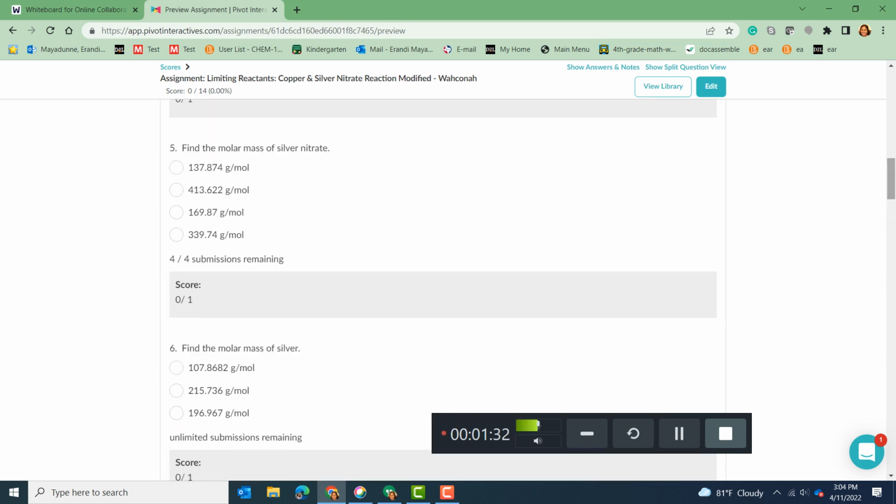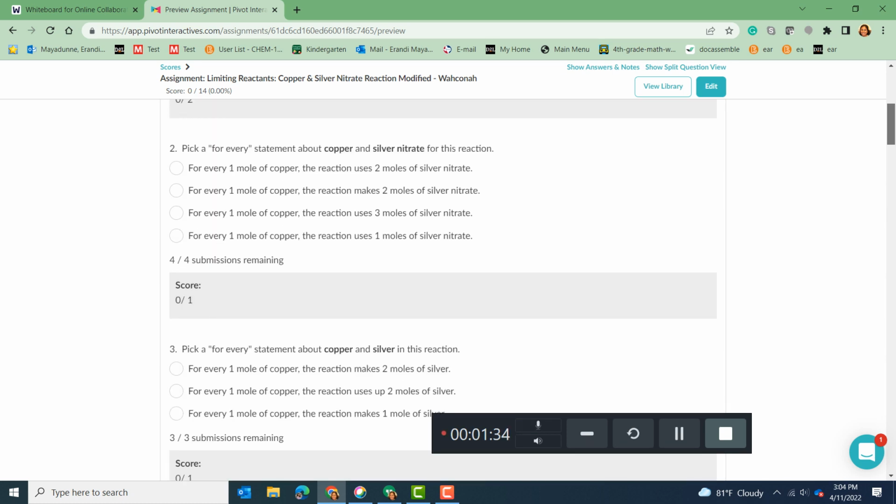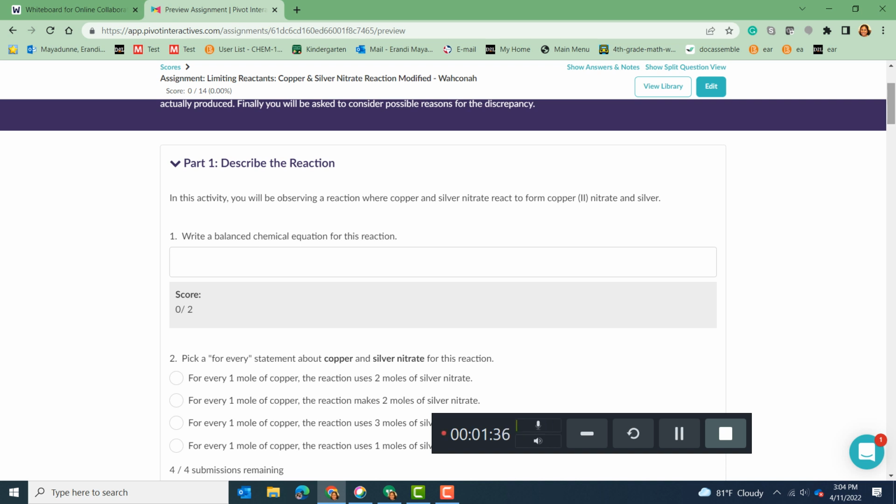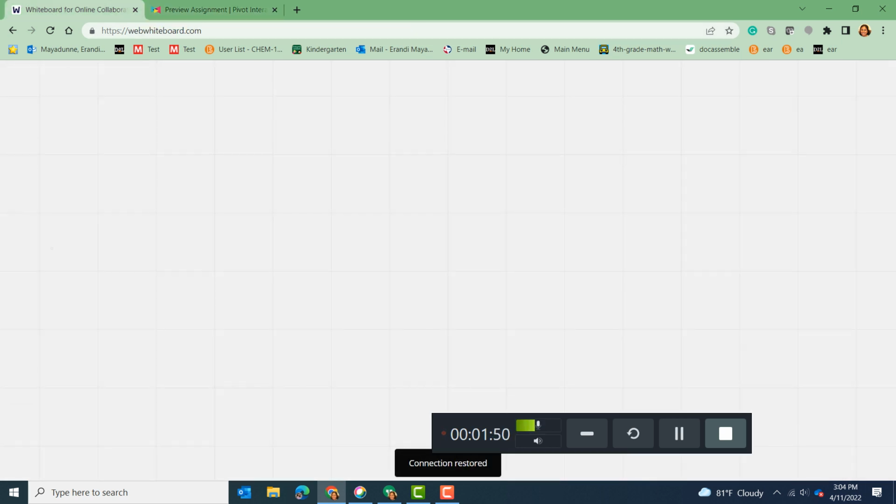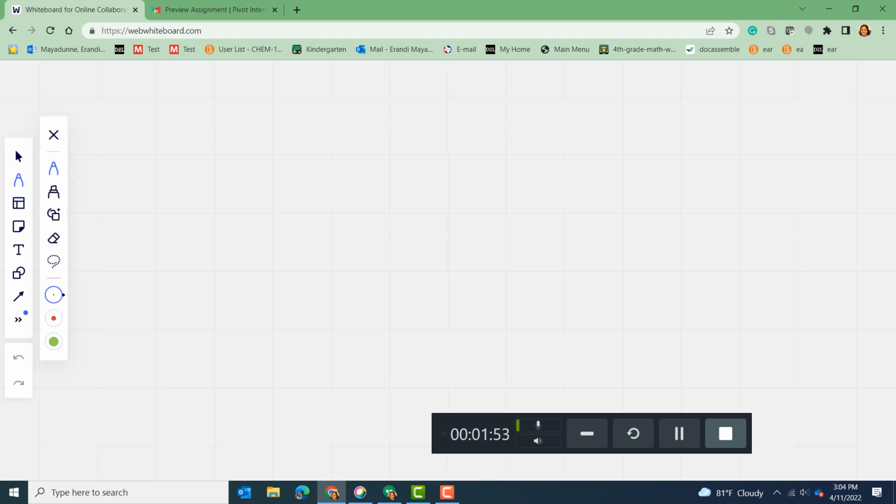If I look at the very first part, it is to write the balanced chemical equation for this reaction. I told you it is a single replacement reaction. I have the whiteboard here. Let me show you how to write the reaction. Okay, let me take a pen. It is the reaction between copper,